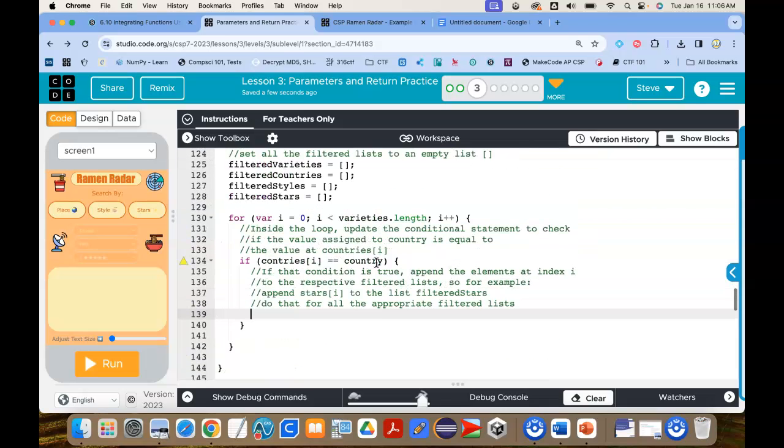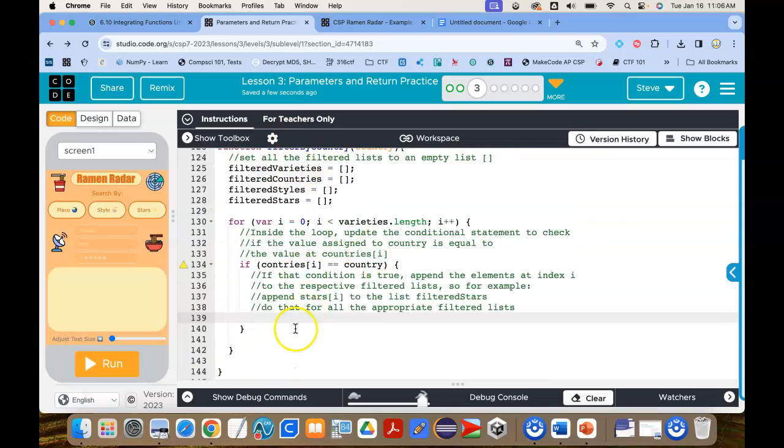So what I want to do is, if the country at index i is the country that's in the function, I want to append the item. And then I think what that is going to be is the list, which is,